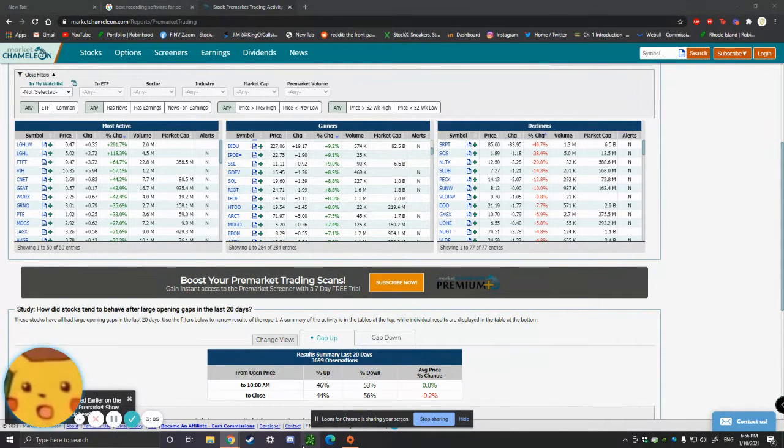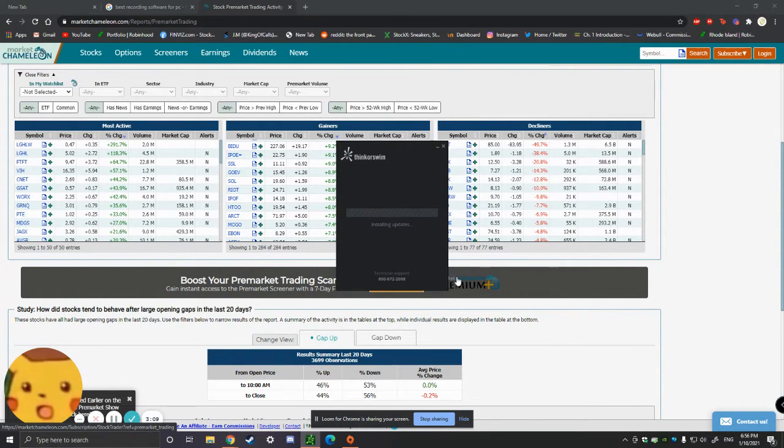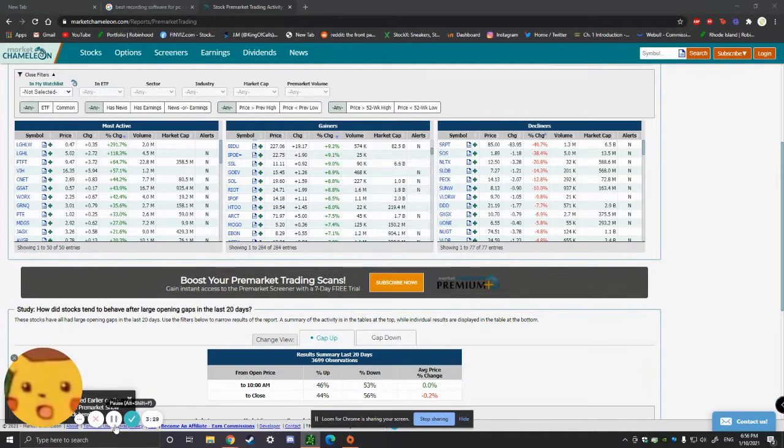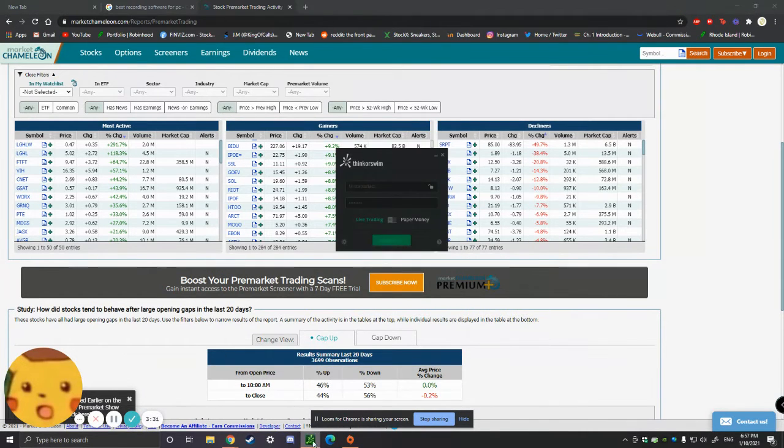And then the last one I use is Yahoo Finance. I don't usually use this one. Not Yahoo Finance, sorry, Thinkorswim. I don't usually use Thinkorswim that often. I don't really like how the charts are set up, and I'm not a fan of it. A lot of big traders use it, but I don't know, I like Webull a lot more. So yeah, now that I have that all signed in,